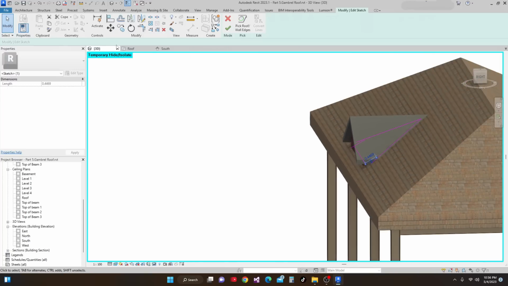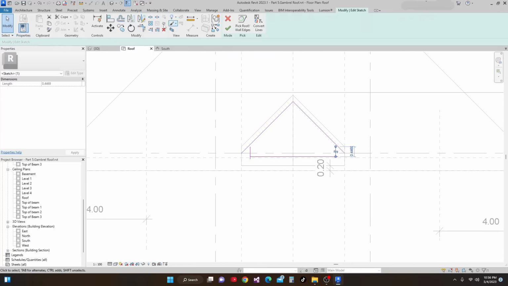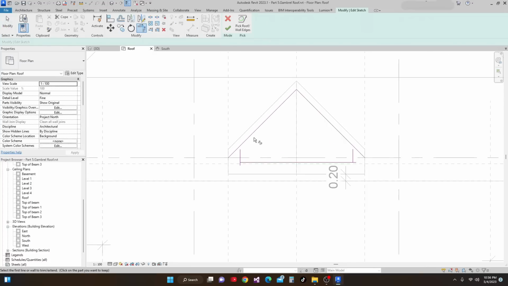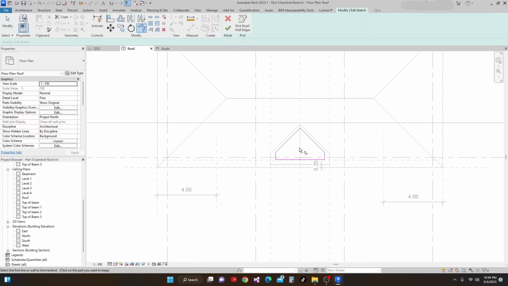Then I'll go to this roof, and then I'll go to this trim extent, and then trim, and this one also, and then here and there, and also,